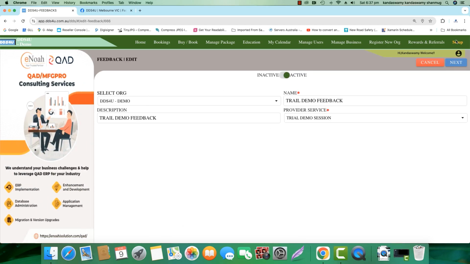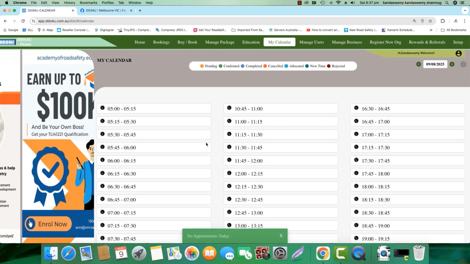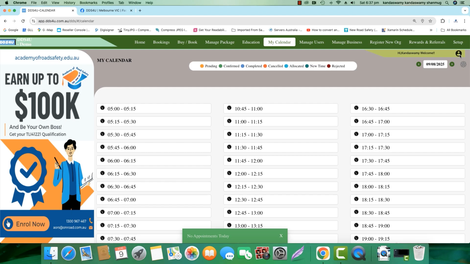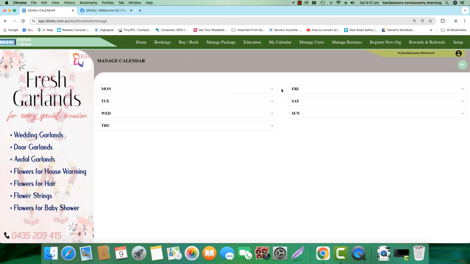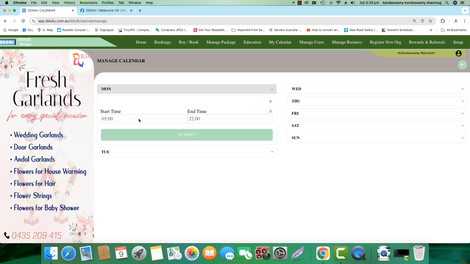finished. Then the main thing, this calendar in this login will be for the person who is managing the software. So he has to set up the My Calendar setting for his availability and everything. When you click My Calendar, you can see the gear icon on the right top. You can click it. So you can select what time to what time regularly they are able to